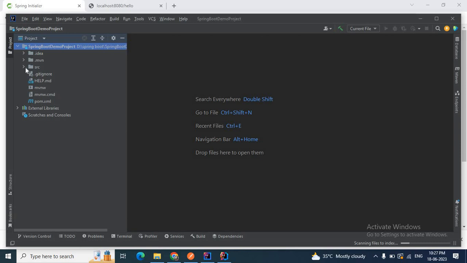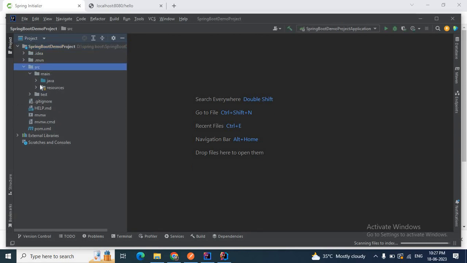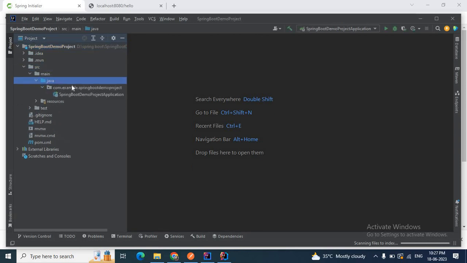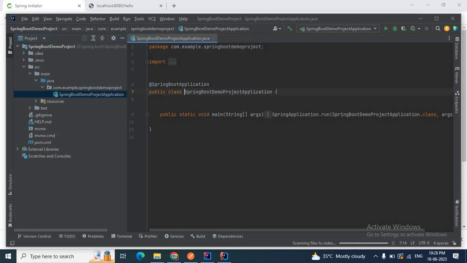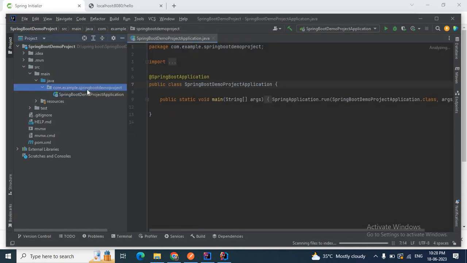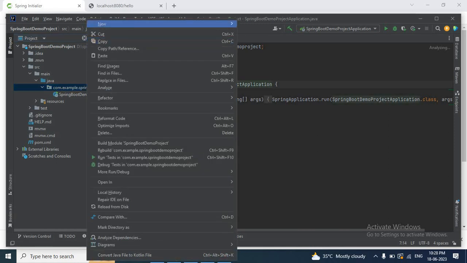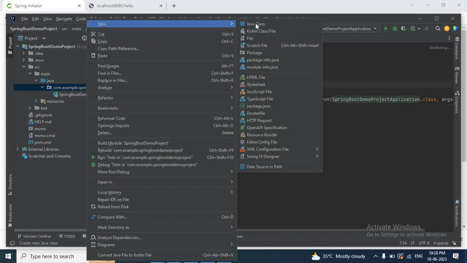Let me go to this src folder. In main we have java and resources. In java we have the packaging like this: com.example.springbootdemoproject and SpringBootDemoProjectApplication. This is the Spring Boot main class. Similarly here also you can create a hello controller, a new Java class.